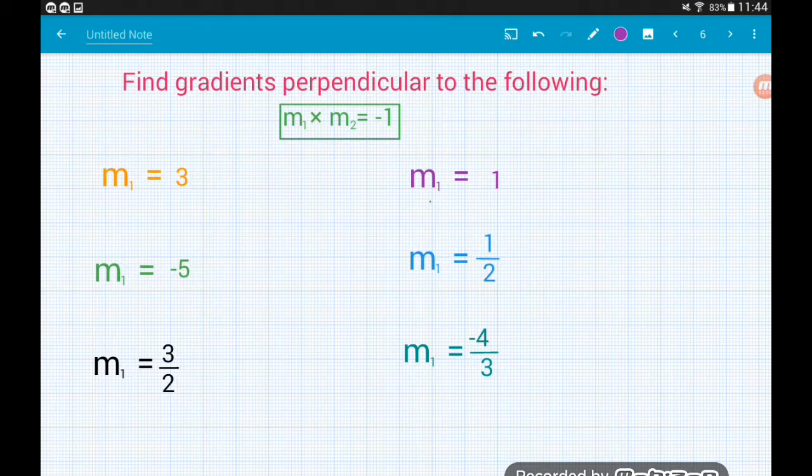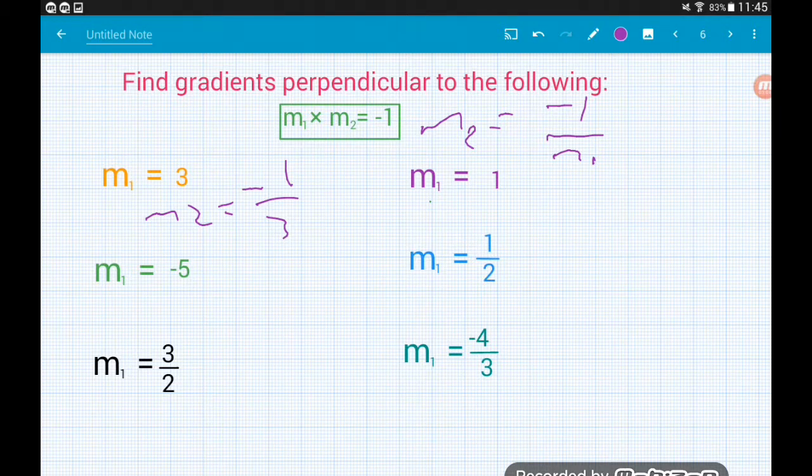Well, we need to make m2 the subject of that formula there. So if we've got m1 times m2 equals -1, we would get rid of m1 by dividing it. And that would leave us with m2, the second gradient, equals -1 divided by m1. So for these six, we've been given m1, we need to find m2, so we simply divide -1 by the gradient we're given. So for m1 here being 3, m2